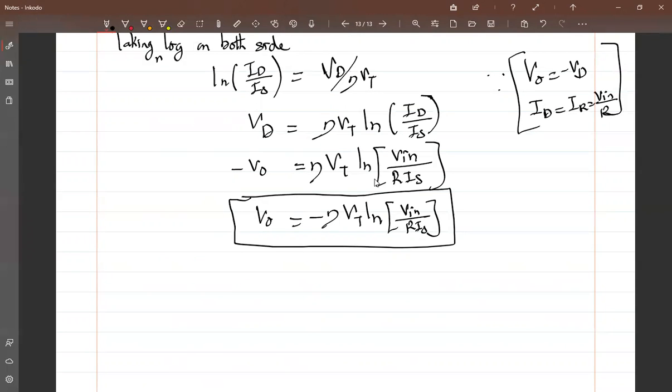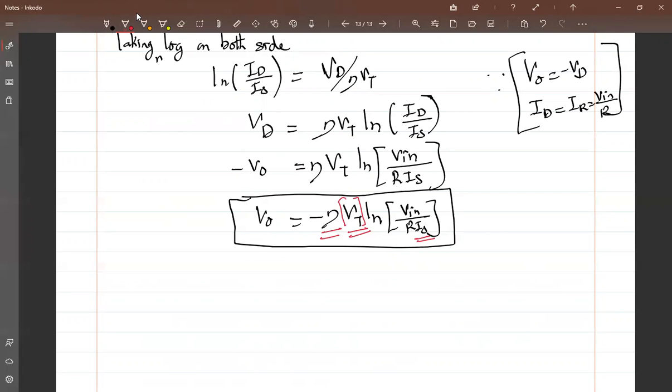From this circuit, you should understand that the logarithmic output voltage depends upon the reverse saturation current IS, the thermal voltage, and the ideality factor. As the ideality factor changes, the output voltage definitely changes. According to the temperature also, the logarithmic amplifier value will change, so this output will not be a constant one. This is one kind of output equation for a log amplifier circuit using diode.